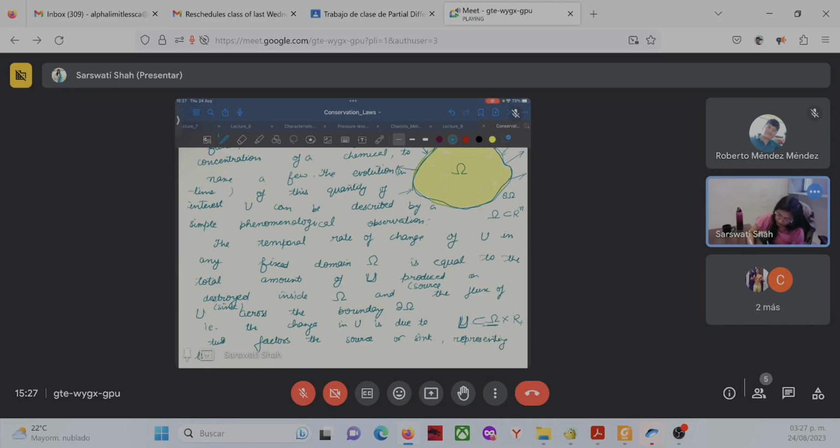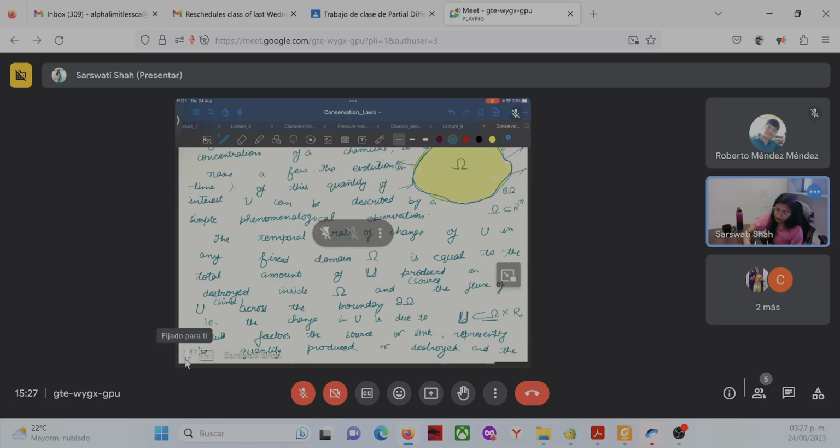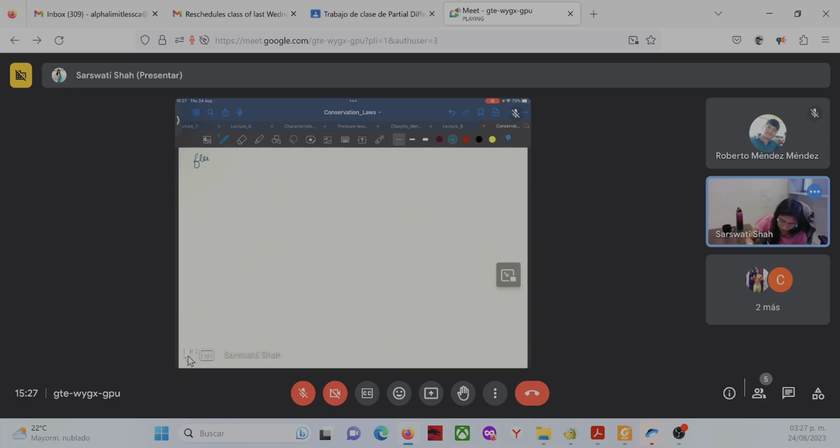Source or sink representing the quantity produced or destroyed, and the flux represents